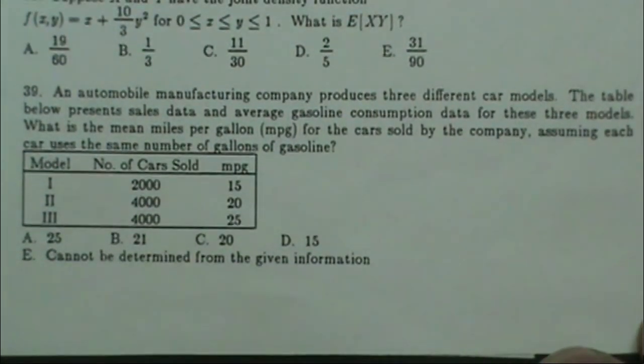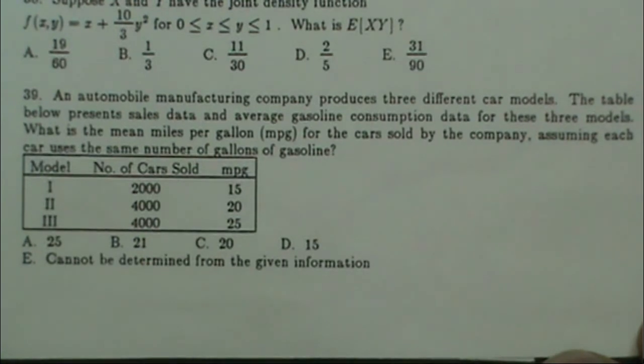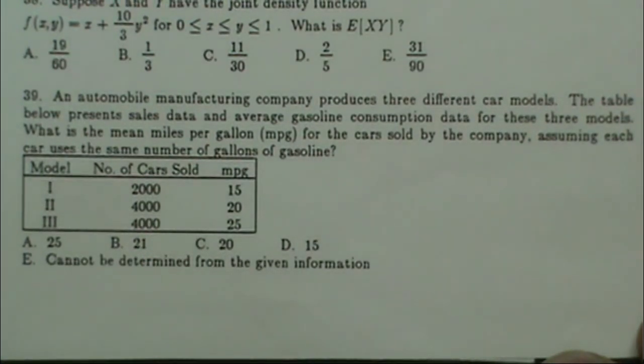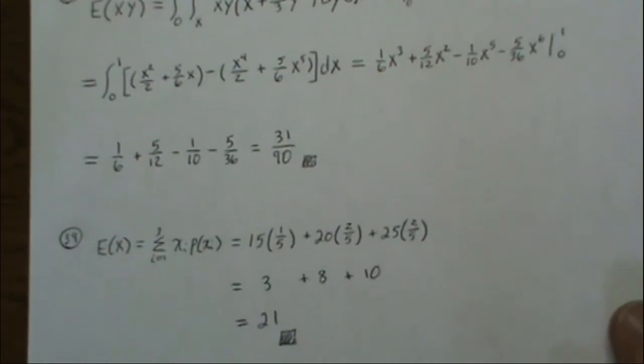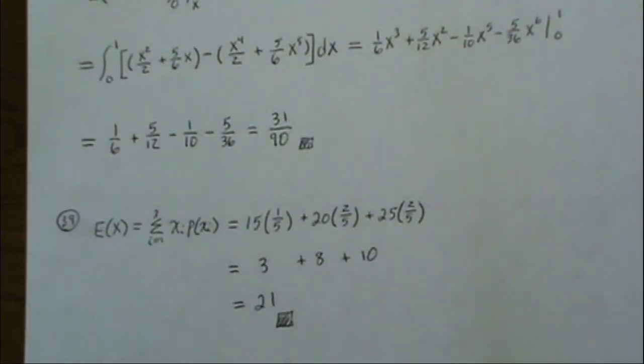Number 39, an automobile manufacturing company produces 3 different car models. The table below presents sales data and average gasoline consumption data for these 3 models. What is the mean miles per gallon for the cars sold by the company, assuming each car uses the same number of gallons of gas? Number 39,